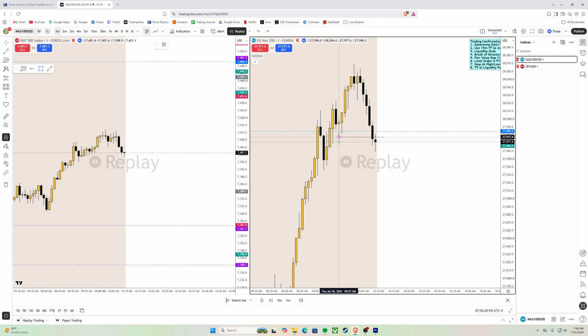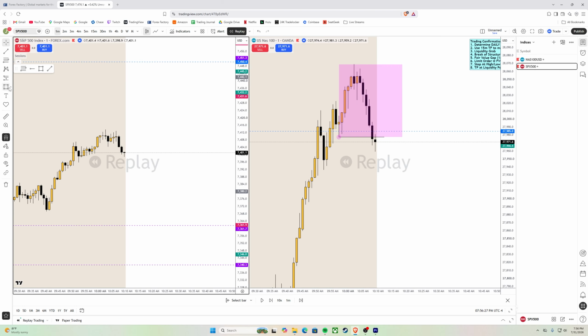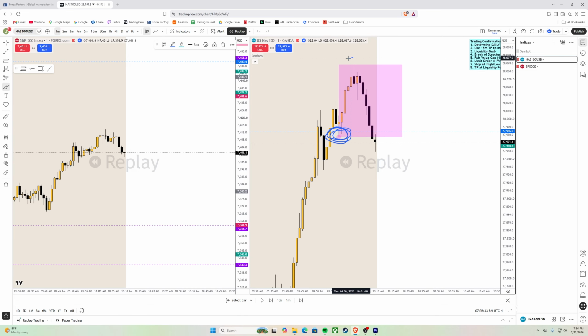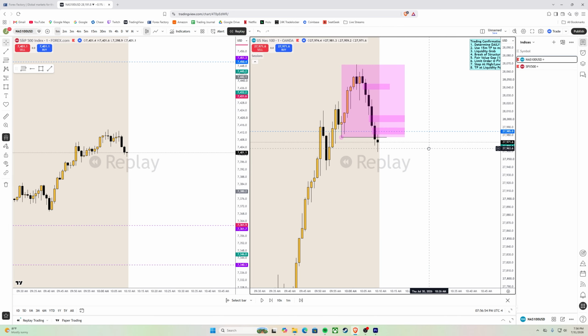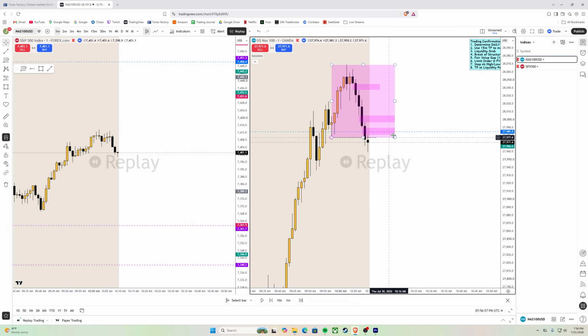Because usually the next step, if there was displacement, you will look at the displacement range, and this would be the displacement range, typically from the low to the high, right? The low to the high prior to the break of structure, right? After liquidity gap and then a break of structure, you look at the range from the low to the high. And then within this range, do you see any fair value gaps? Yes, we do. We see a gap here, right? We see another gap here, and then we see another gap here, right? So we're seeing 3 fair value gaps that fall within this range.